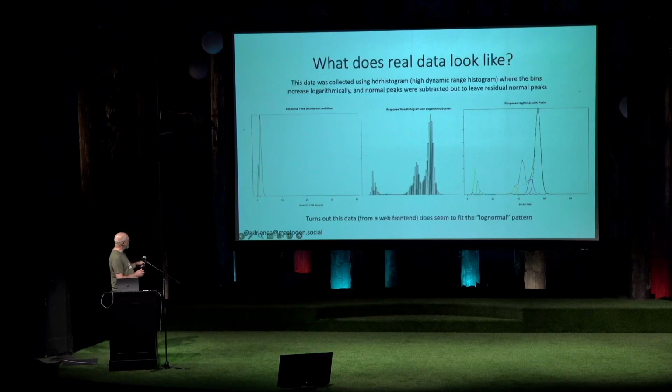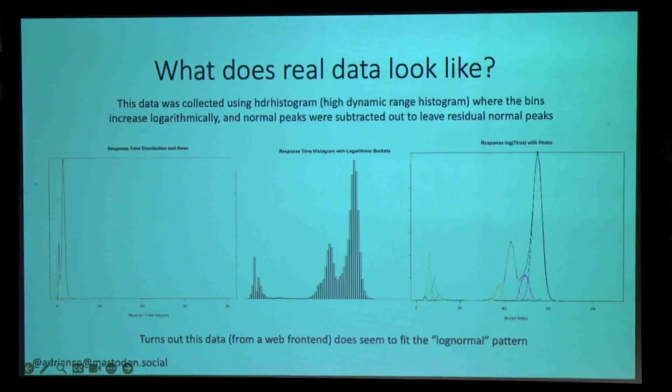That's the spiky thing that I showed you at the beginning. The actual data for this particular system was collected using a high dynamic range histogram. HDR histograms are a really nice package that will collect histograms for you. The bins in the histogram double as they go up, so it's a logarithmic histogram. The really fast bits are sub-microsecond or millisecond, but the bins out here are tens of milliseconds or seconds apart. When you just plot it as bins, you effectively end up with a log normal distribution, and you get this nice shape here.